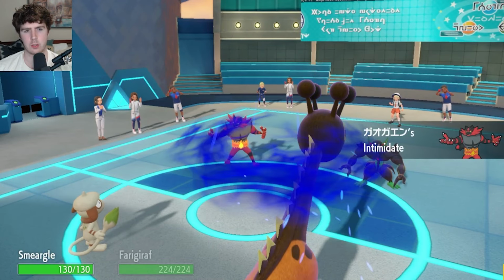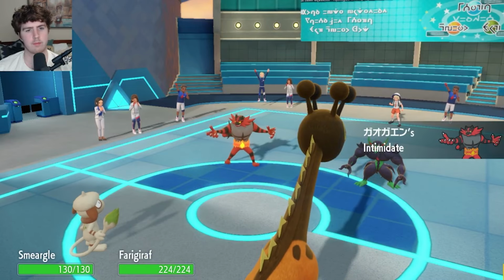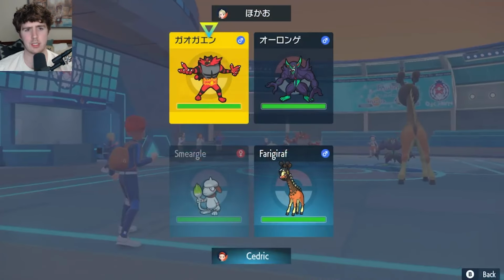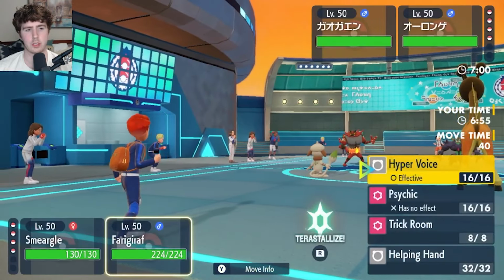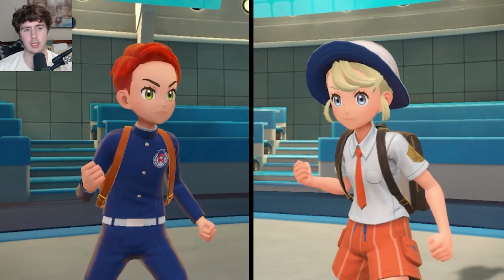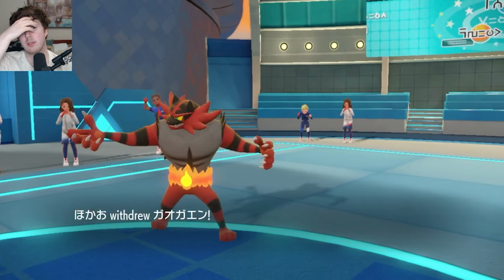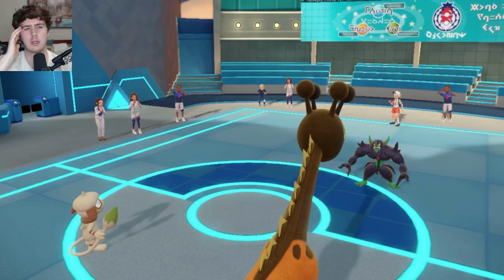They're intimidating first. I just like Decorate, yeah. Decorate Hyper Voice is going to do a lot of damage. And they can't Fake Out. They could Spirit Break me. I should probably Spore the...